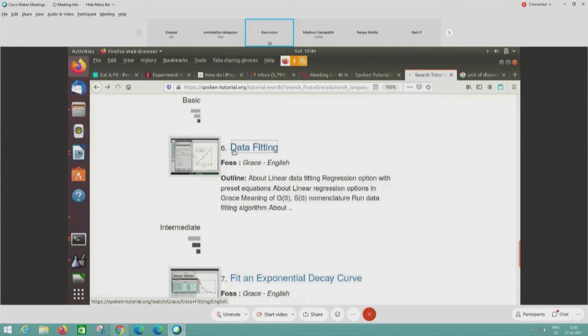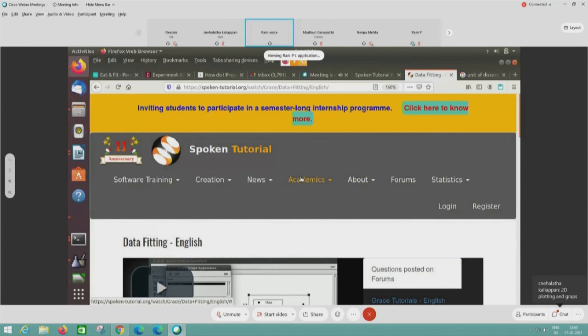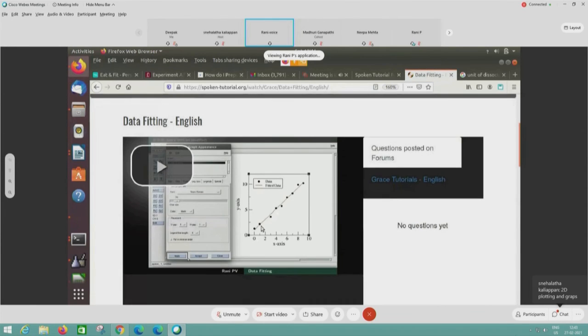Data fitting is another very useful tutorial where we can draw a straight line, which for the examples we did on day 1 of the workshop, and we can fit the data, get the y-intercept and the slope, and find values for the straight line in the other regions of the line where the data is not given.